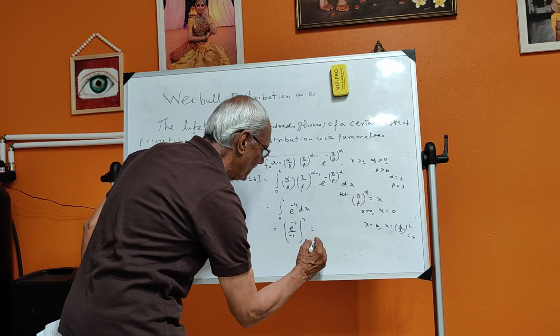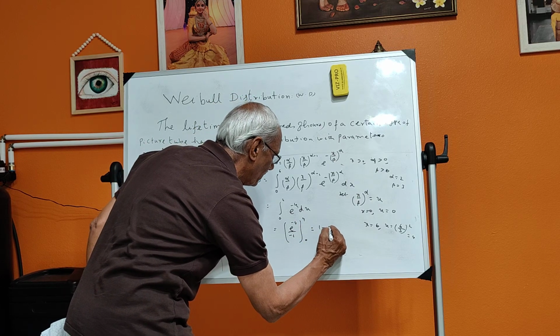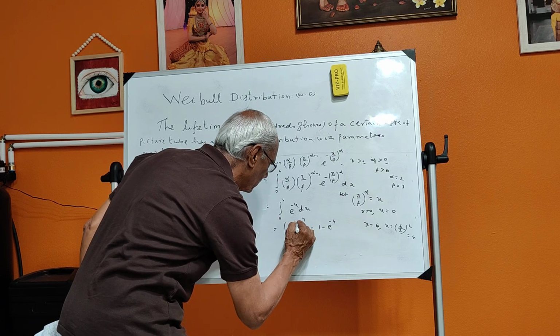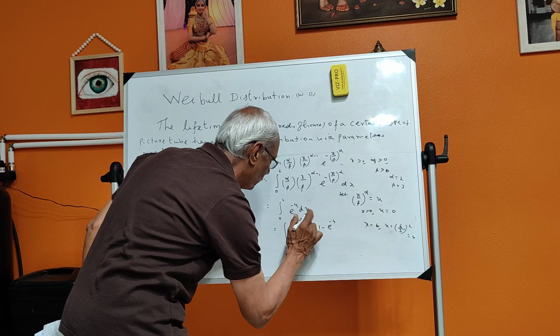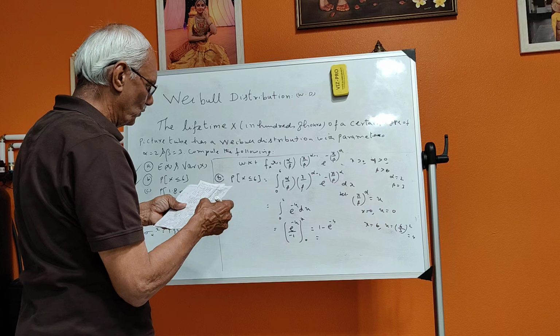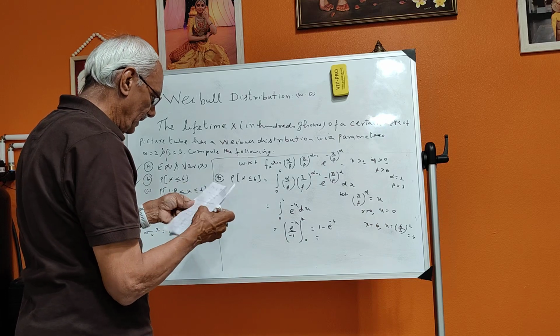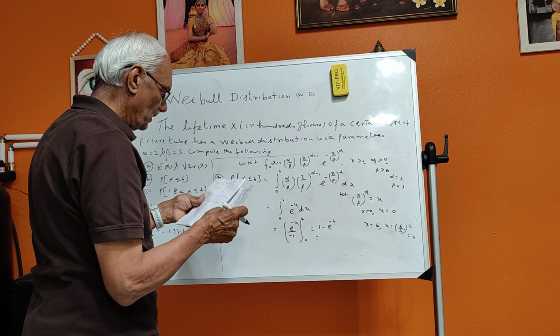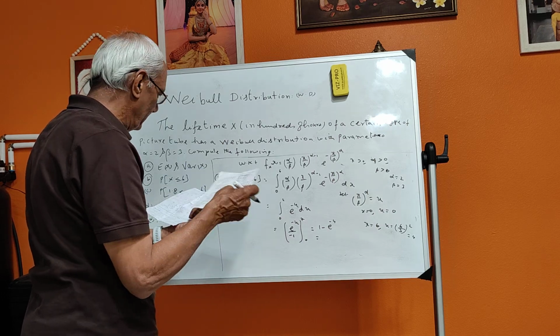If you substitute the values, you will get this to be 1 minus e to the power of minus 4. This is u, this is 4. So 1 minus e to the power of minus 4, if you simplify this,